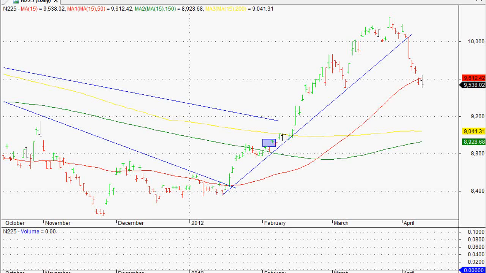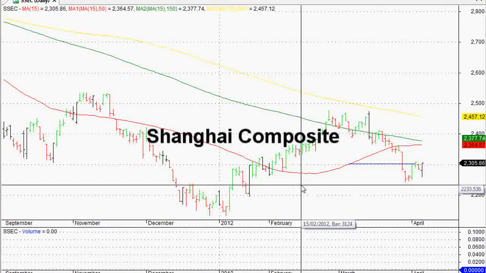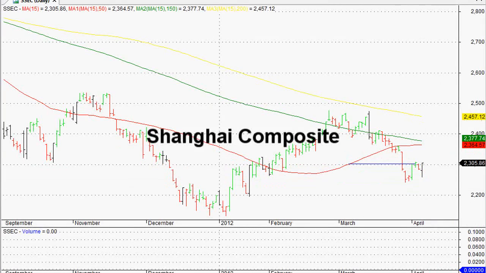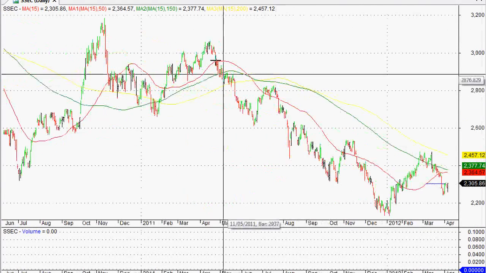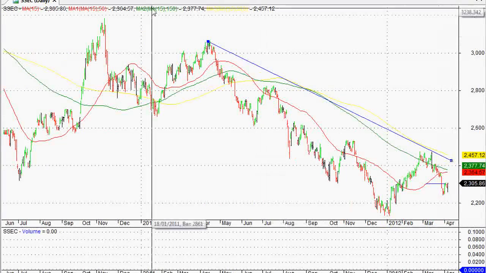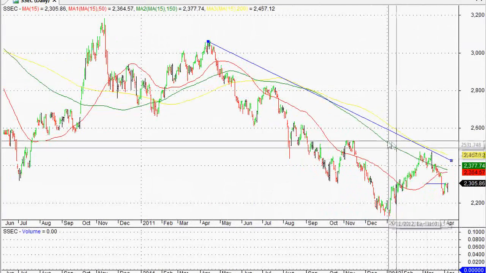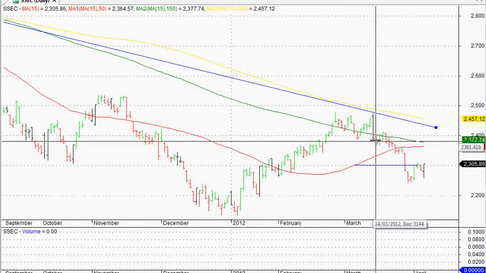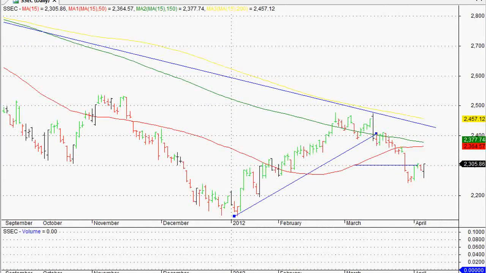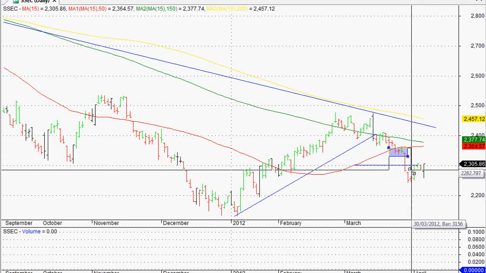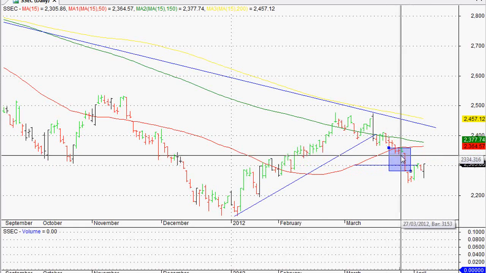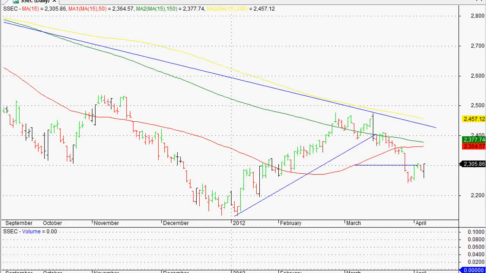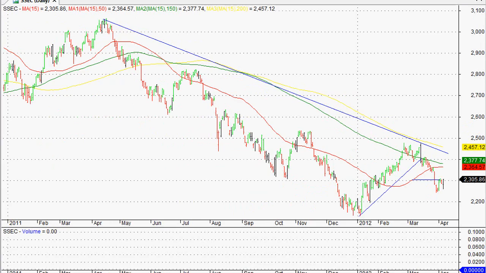But really quickly, Shanghai Composite, this is what we're finding is support at 2300, but still the Shanghai Composite is in a downtrend. There's no doubt about it. It's in a short-term downtrend. This is a medium-term downtrend on a yearly basis, and this is a short-term downtrend, as you can see. We called it a couple of weeks ago. There it is. There's your level there and right there. But basically definitely in a short-term downtrend there, which is obviously not good news for Australia as well, guys.